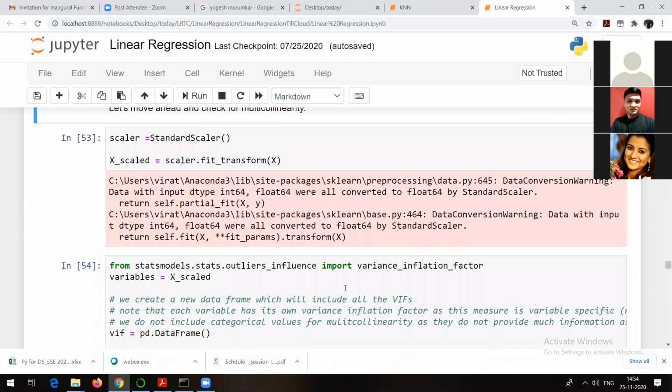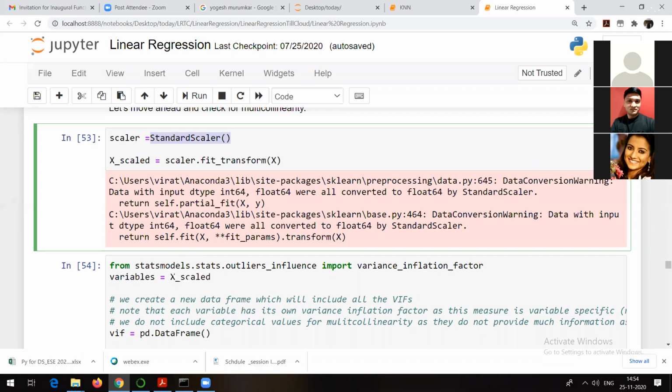After that, what? If you remember all the steps I showed you at the start of the session, in that flow diagram there was something called standardization. At that time I told you that I am going to make use of a method or function here called StandardScaler. What is it going to do? It is going to standardize my data.